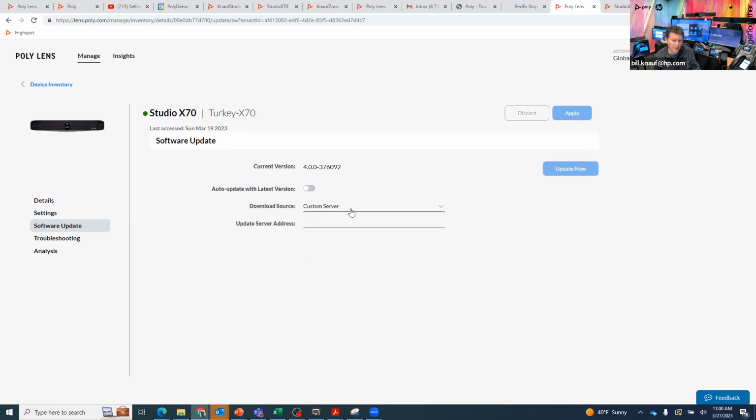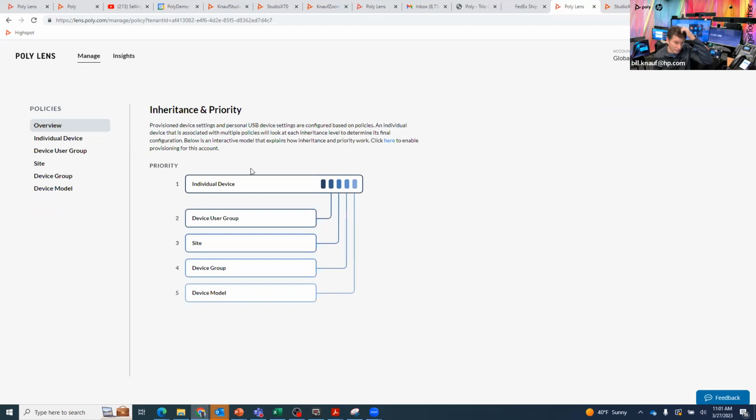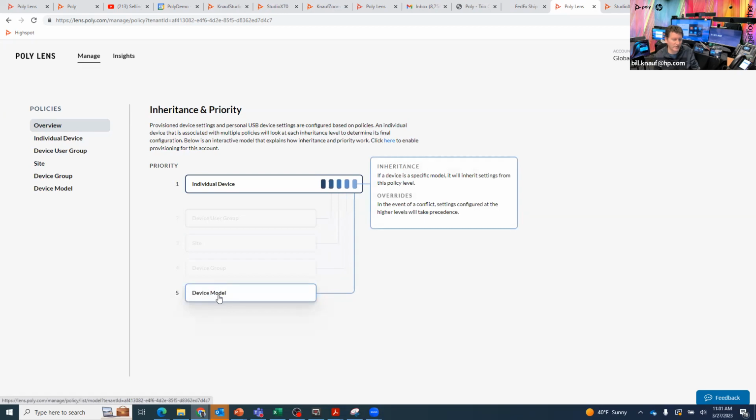The auto update latest version, you set that to off, because then it will allow you to select a specific version. So you'll choose PolyLens as your download source and choose 4.0 as your software version and hit apply. And it will go ahead and update it. And if you want, you can make your life easier. If you have a bunch of these devices, you can just set up a policy so that it does this automatically. So if you go under device model,